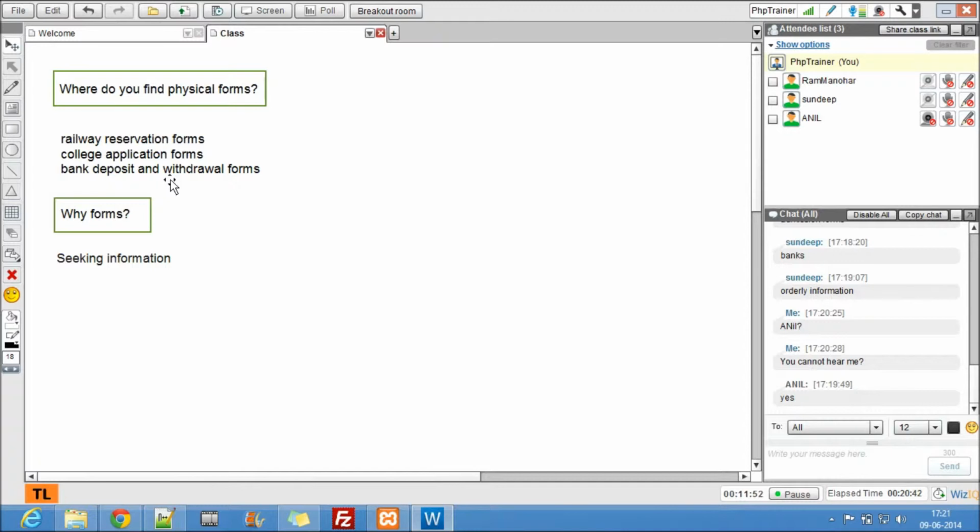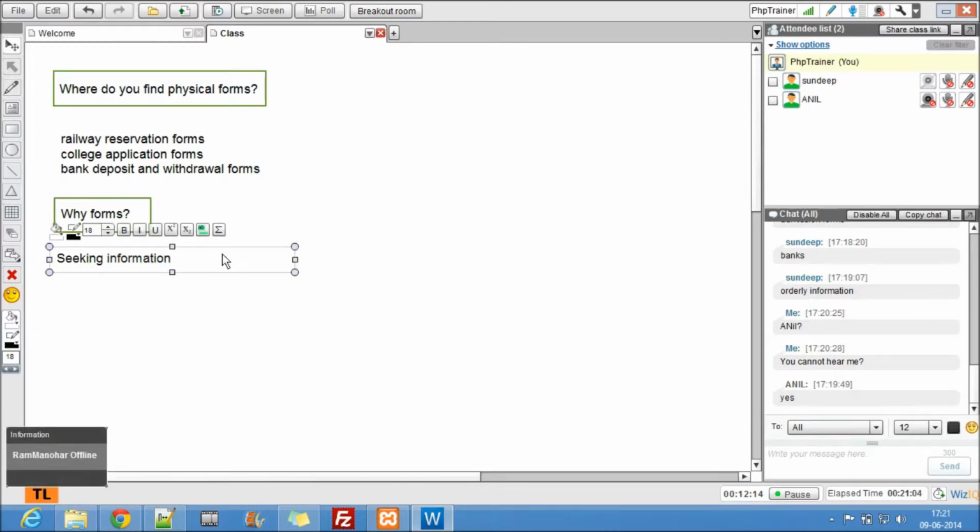Why do people keep railway reservation forms? Because that information is stored in a document form. Why college application forms? Again, the same thing. Why deposit and withdrawal forms? The same thing. They are used to seek information and store that information in a document form. So to seek information and document it.